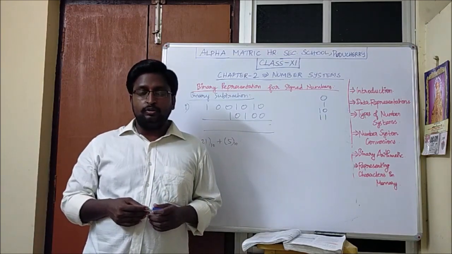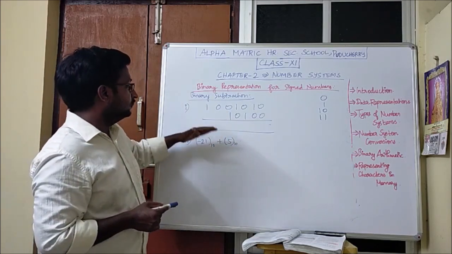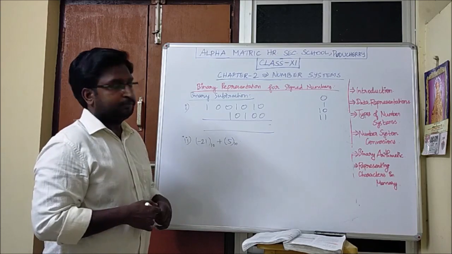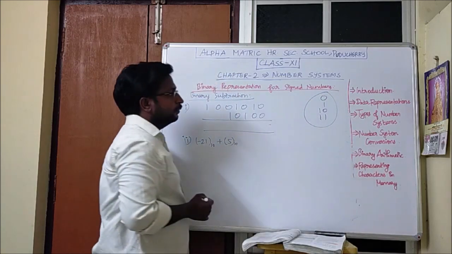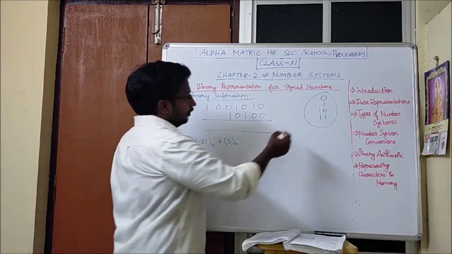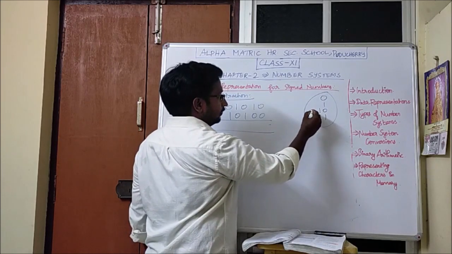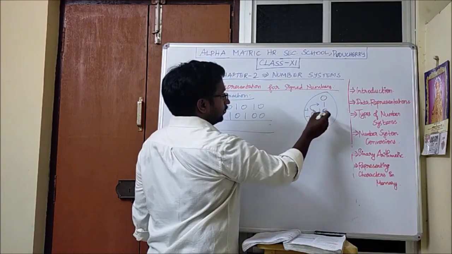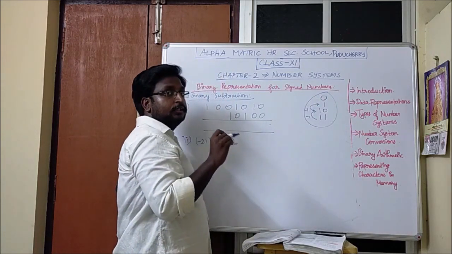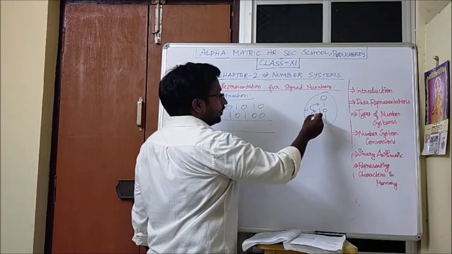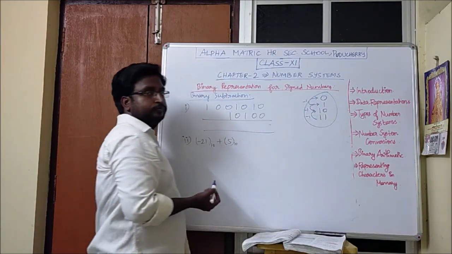For binary subtraction also we will see two types of examples. One is the direct binary subtraction and another one is the decimal to binary converted subtraction. First here also we have to keep in mind these four numbers. Now it is reverse. 11 minus 1, that is 10. 10 minus 1, it is 1. In general mathematics 10 minus 1 is 9, but in binary, 10 minus 1 is 1 and 1 minus 1 is 0.